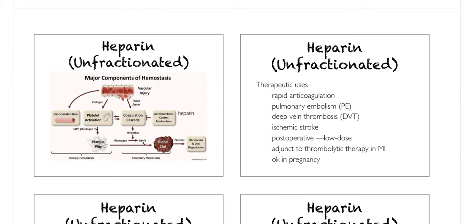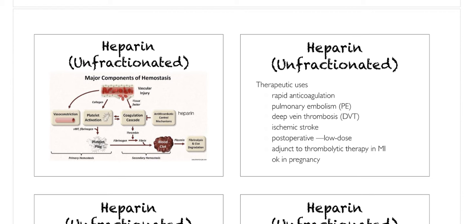So again, the anticoagulants are affecting the formation of fibrin. So we're going to be using this for anything we need to worry about utilizing rapid anticoagulation for. So if we have a PE or a DVT, ischemic stroke, we're going to be using this to try to limit how much damage that clot can cause. And on top of that, we also want to try to break down some of those clots. Depending on how severe these clots are, we may use something more powerful, but heparin is kind of a classic